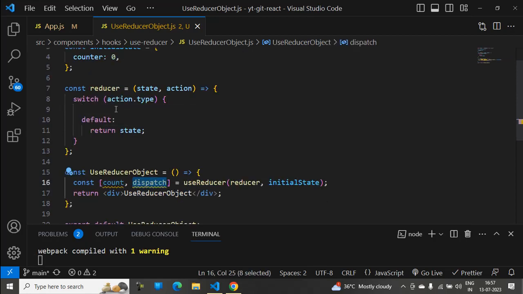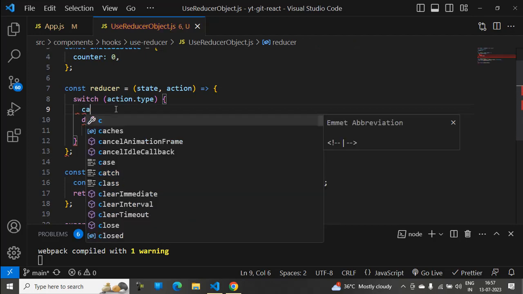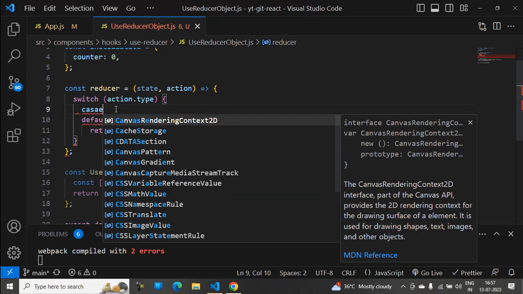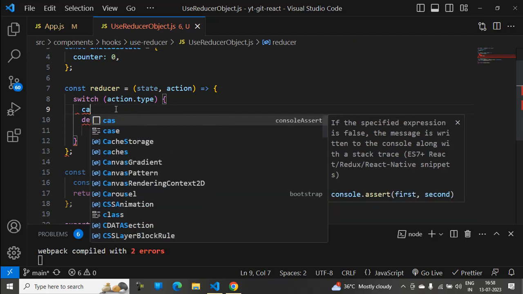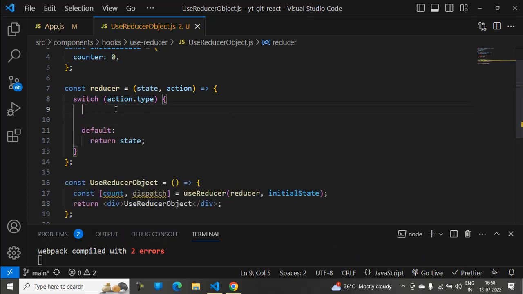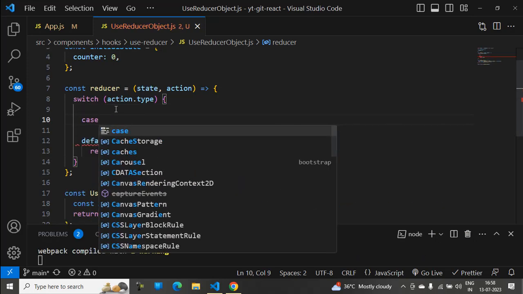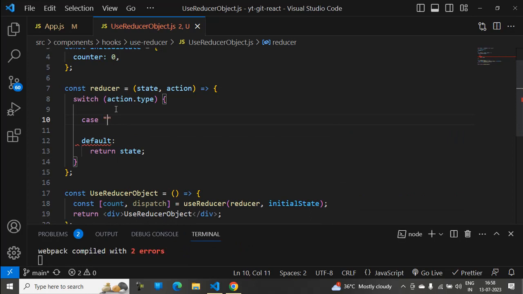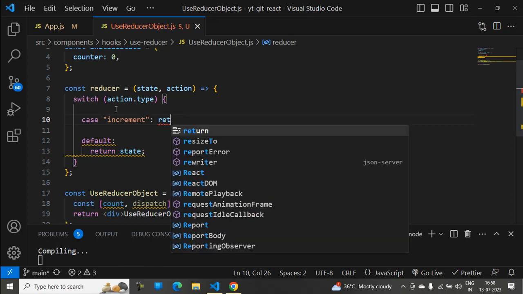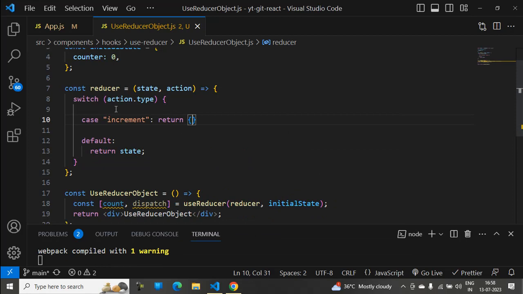Here we'll write the cases first of all, case. First case is increment,